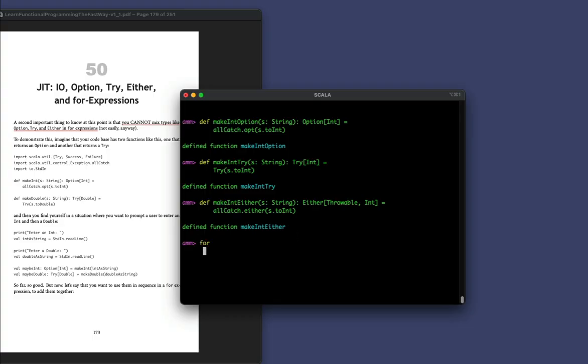So we could try to do i, and we would say makeIntOption there, and let's just give it a 1. And we can even use values here that will succeed in other situations. So that will be a 2, and then k will be the makeIntEither. So what I'm trying to do is combine Option, Try, and Either inside of here. And now we can say, well, what I want to do is yield i plus j plus